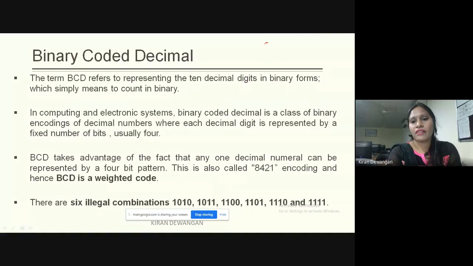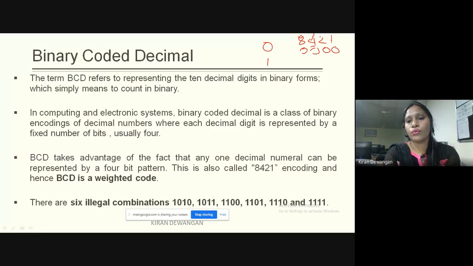Here, I'm having a decimal 0. And in the 8421 code, this is 8, 4, 2, and 1. If I have to code 0 in 8421, all the values are 0, 0, 0, 0.